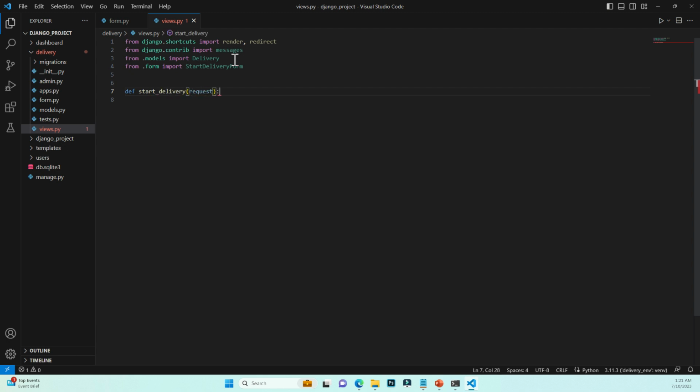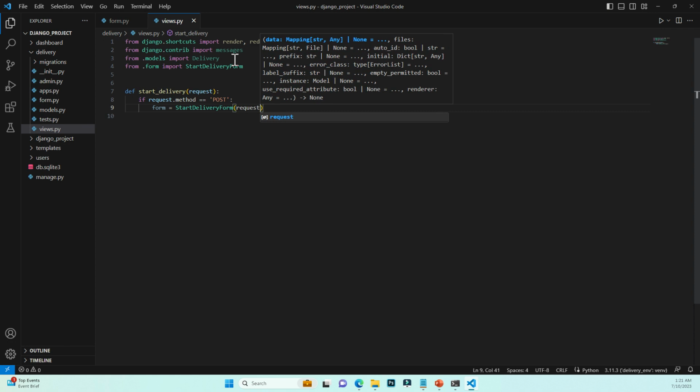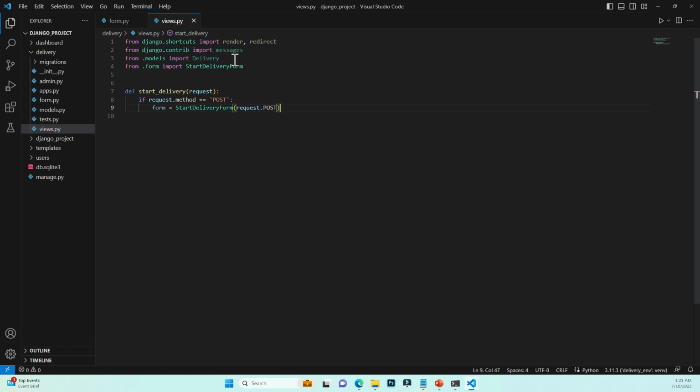So request, if request.method is POST, all right, so we have form StartDeliveryForm, request.POST. If form.is_valid, so we do var = form.save(commit=False). So var.sender is going to be request.user, var.save, and